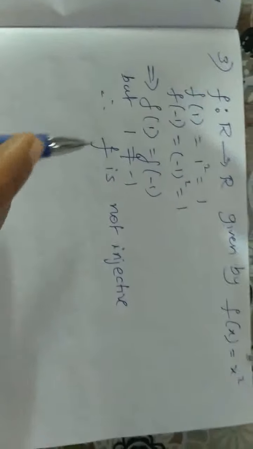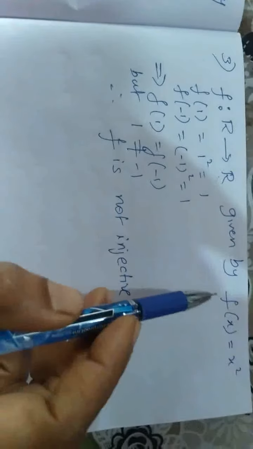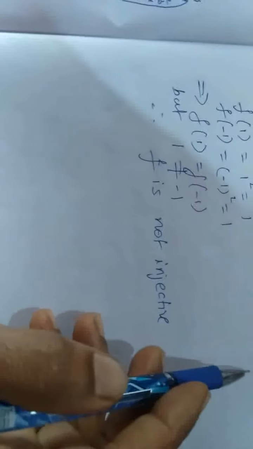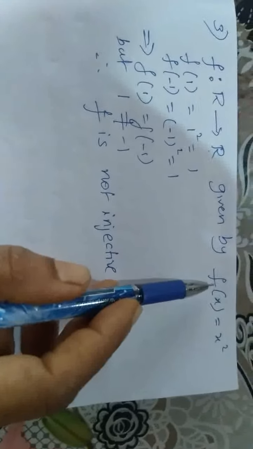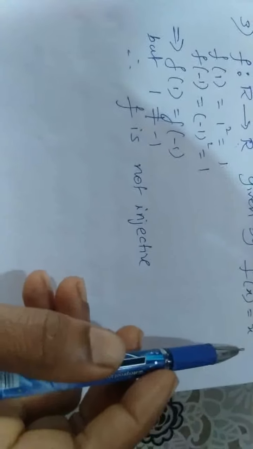Next, for onto, you know that negative numbers are not the image of any number. Okay. f of 1 square is 1. f of minus 1 square also plus 1. f of 2 square is 4. f of minus 2 square is also plus 4. Negative numbers are not the images. Therefore, I will write the example like this.